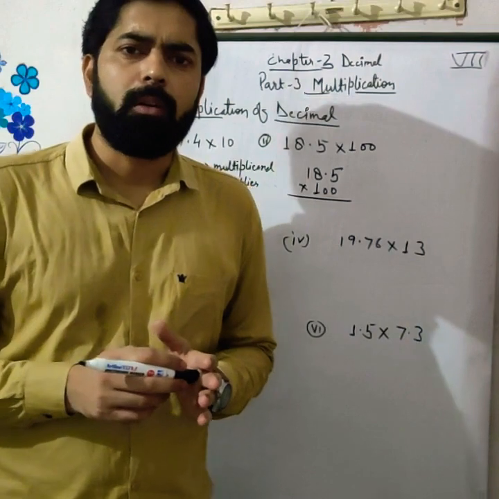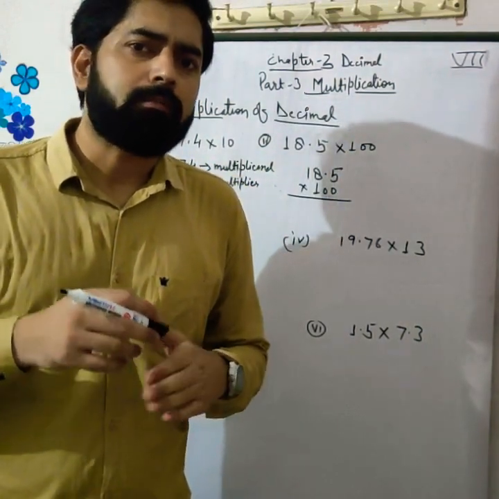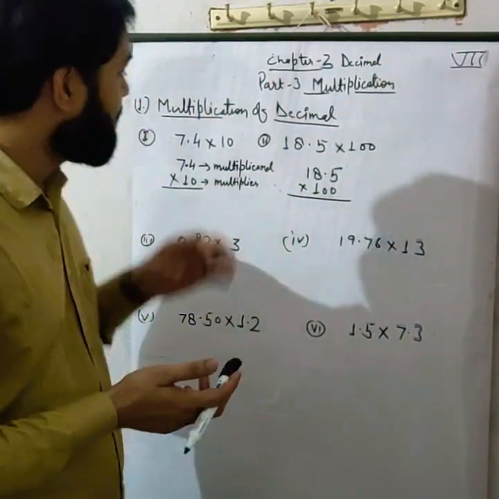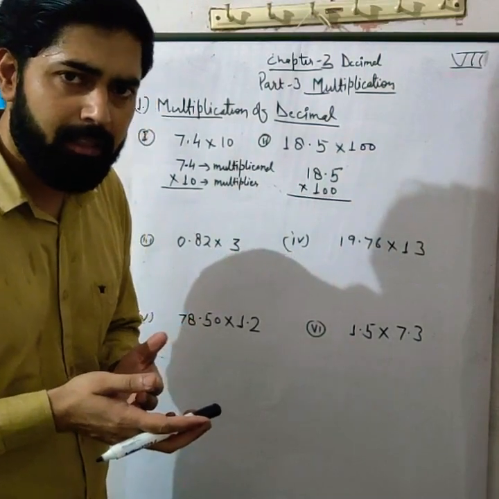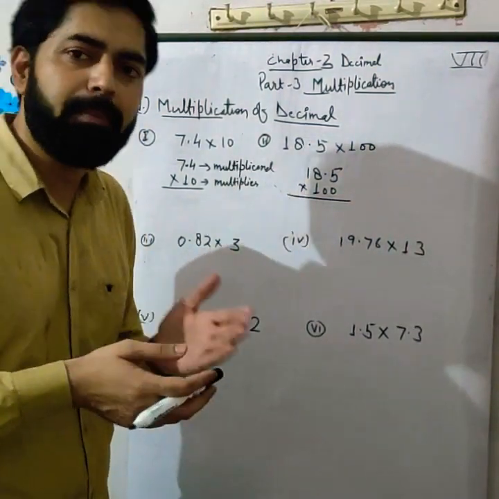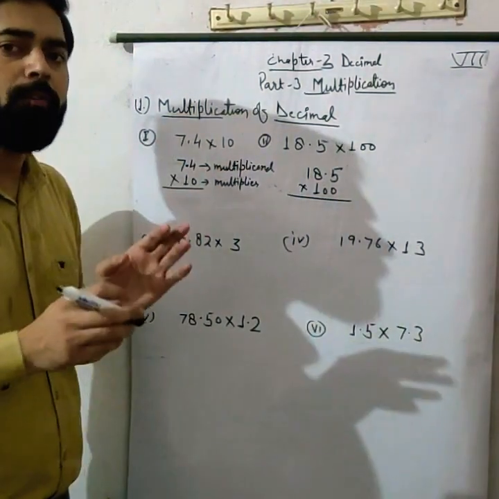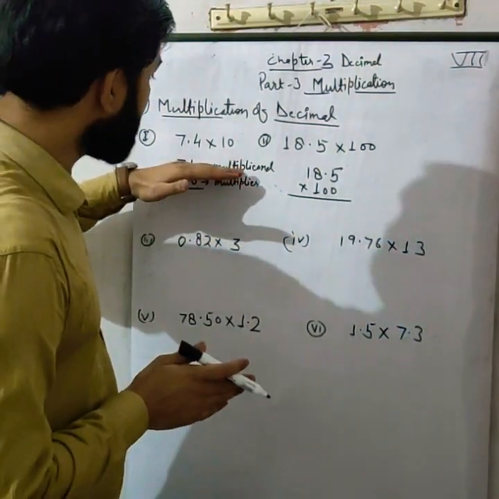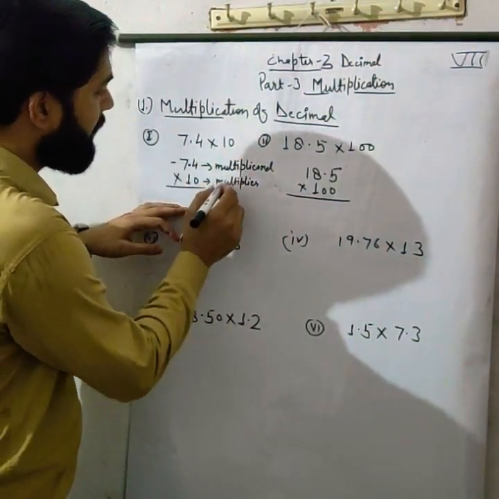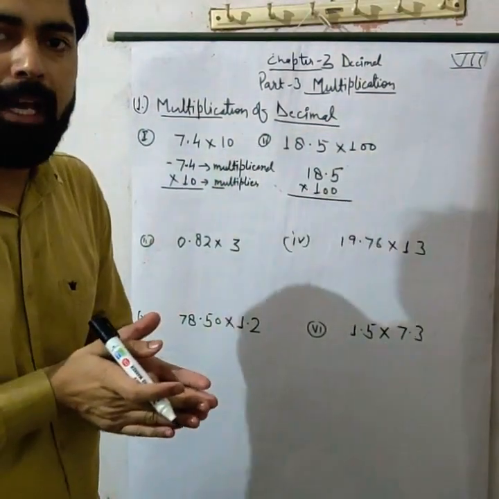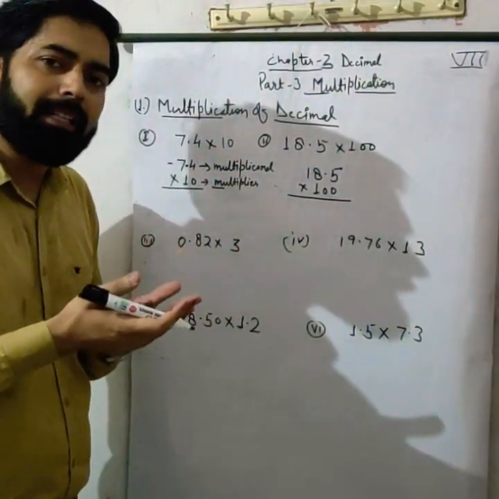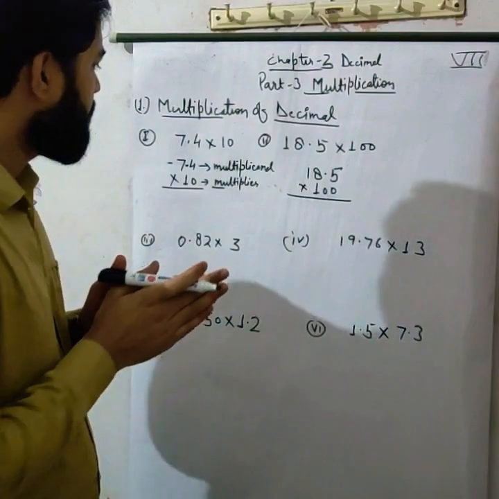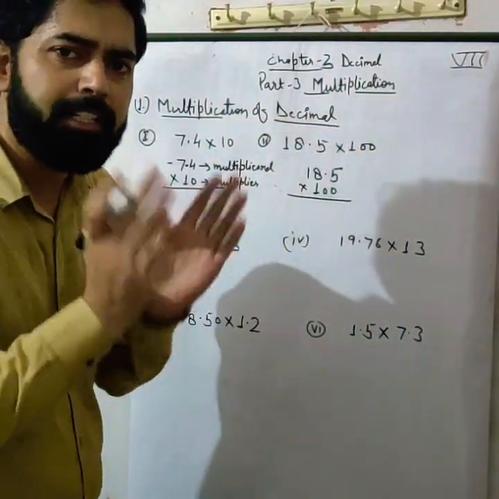I know you know very well how to multiply numbers, but this is a different type of multiplication. This is a multiplication of decimal numbers. So look here at how we can multiply decimal numbers. Students, we know very well that in multiplication we have two parts. This part is known as the multiplicand, and this part is known as the multiplier. So how can we multiply decimal numbers? Very easy, same as a simple multiplication.